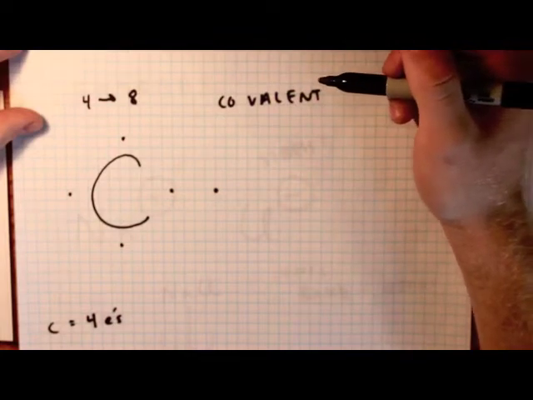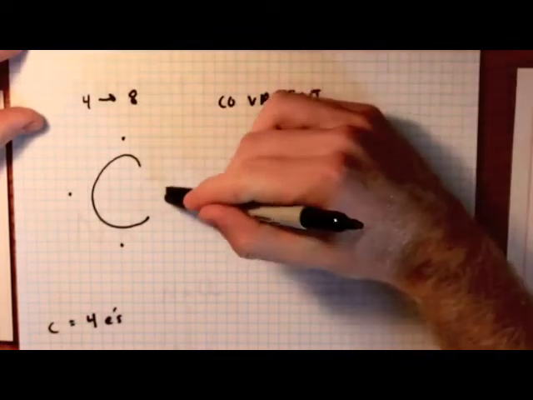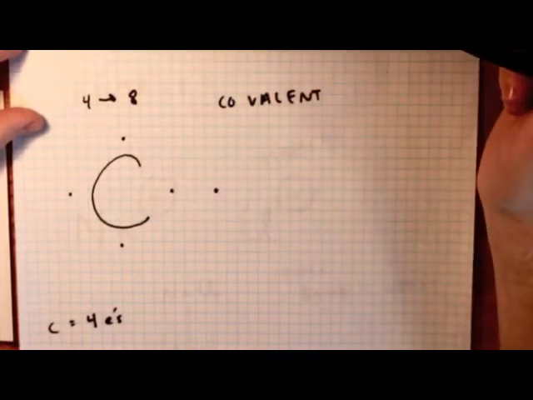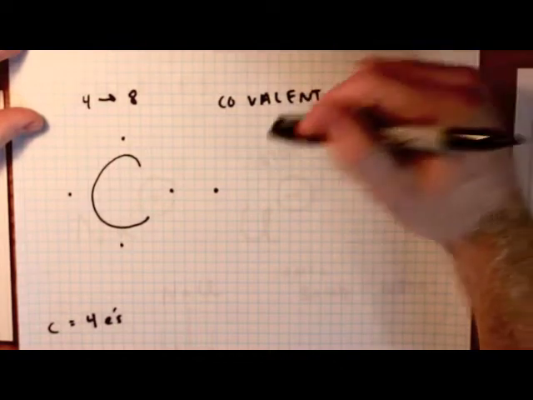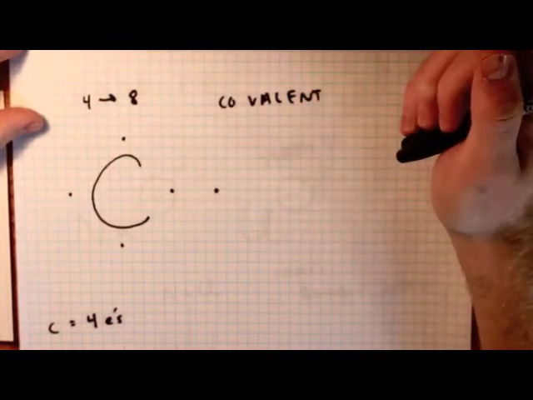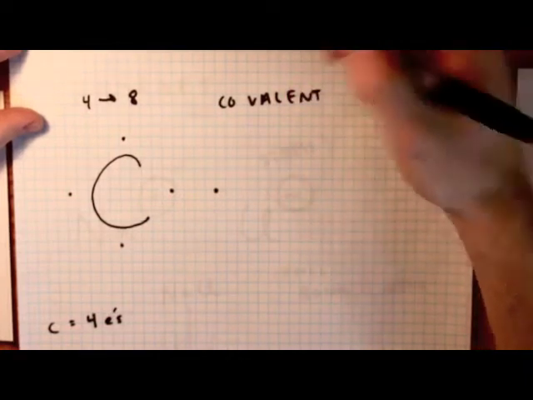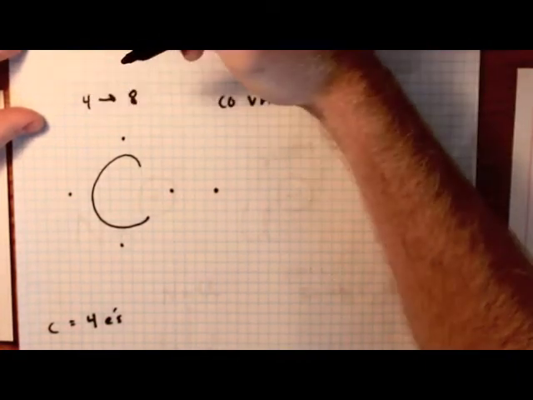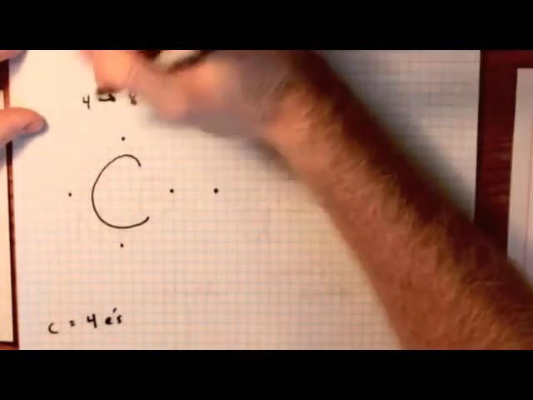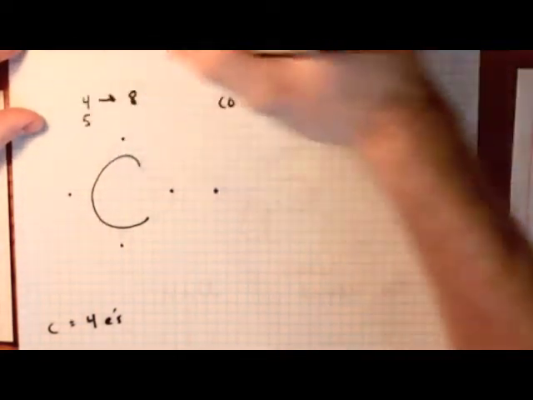What does carbon get out of this? Well, he gets to keep his original electron over here, and now he gets to feel like he owns this one too. He feels like he has an extra electron. So now, even though carbon still has 4 original electrons, he went from feeling like he had 4 to now feeling like he has 5.